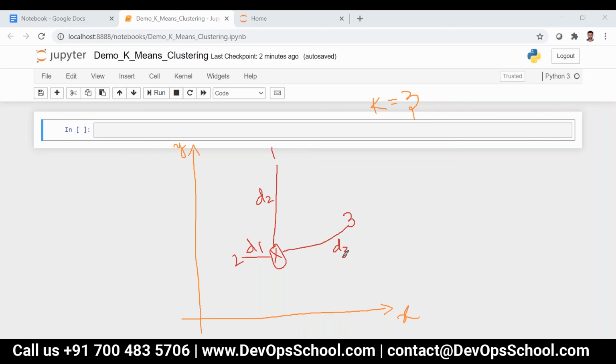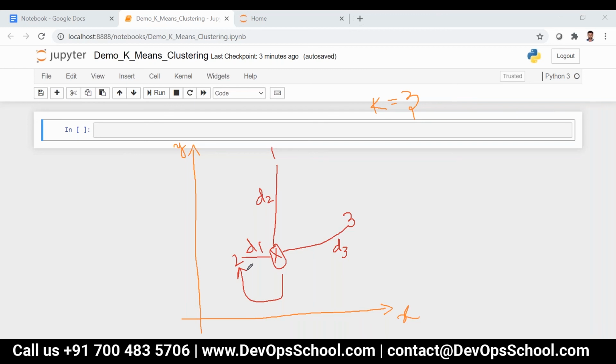Whichever distance is nearest, this data point will be assigned to that particular cluster, and this process should be repeated for all the data points.